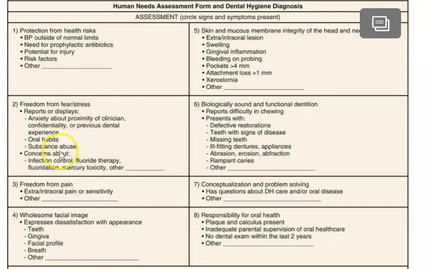So first we've got to identify what their needs are, what their deficits are, and then later on we're going to find a way to help work around this deficit. Okay, so protection from health risk: we want them as healthy as possible. Freedom from fear and stress: we want them free from any fear or stress. Freedom from pain: we want them